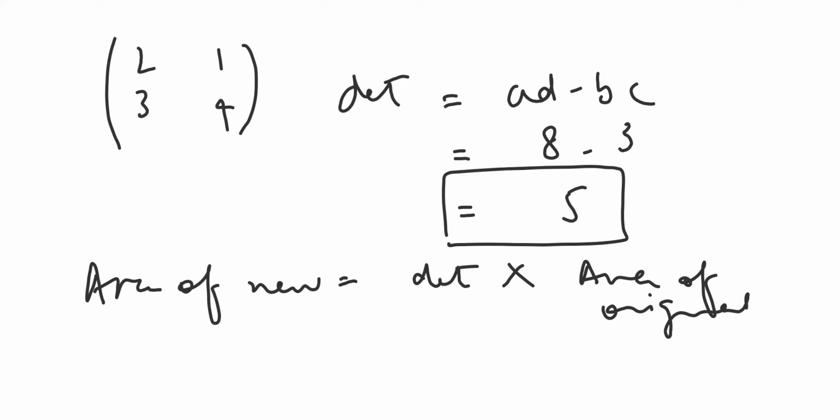So the area of the new shape is the determinant, 5, times the area of the original shape, 1, so you get 5. तो हमें ये पता चल गया था अगर हमारे पास एक मैट्रिक्स गिवन हो जिससे वो स्ट्रेच हो रहा हो या किसी भी तरह ट्रांसफॉर्म हो रहा हो into another shape, तो if we've got the matrix we can simply find out the determinant and then multiply it with the area of the original shape